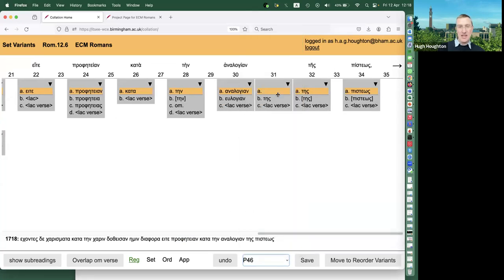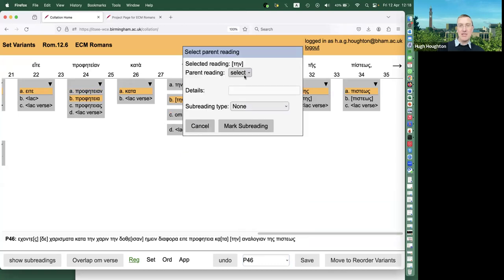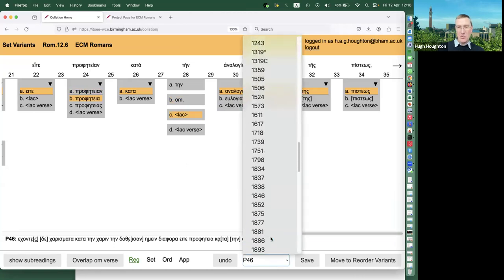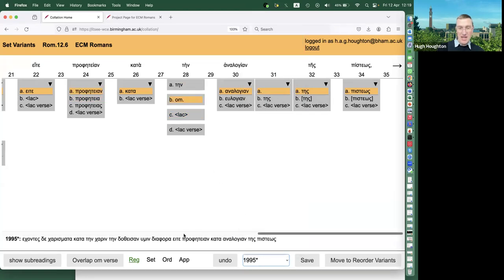Let's look at the whole thing. According to, oh, it's not an omission, sorry, it's an omission in 1995. P46 is just a gap, so we can mark that as a gap. So let's look at 1995 and see whether this is just a simple oversight, whether prophecy according to analogy of